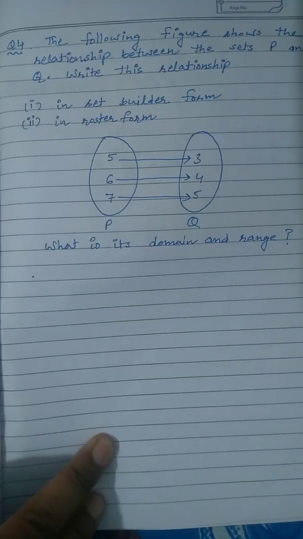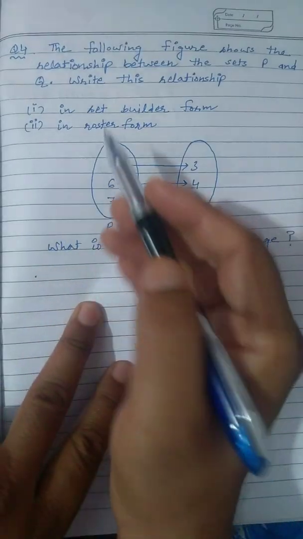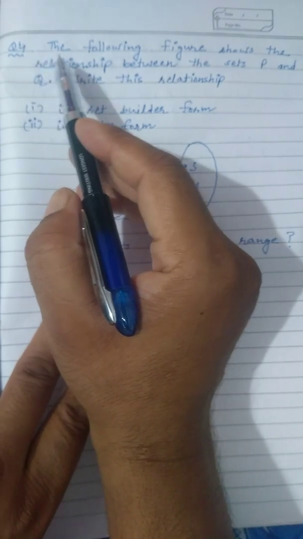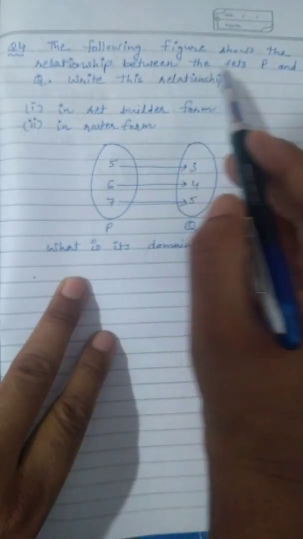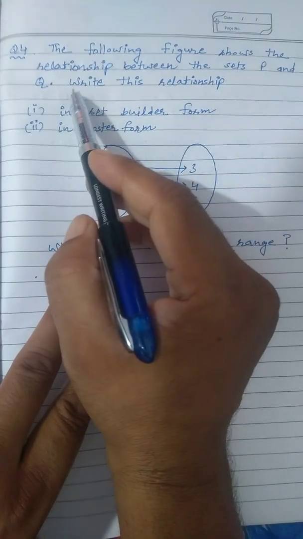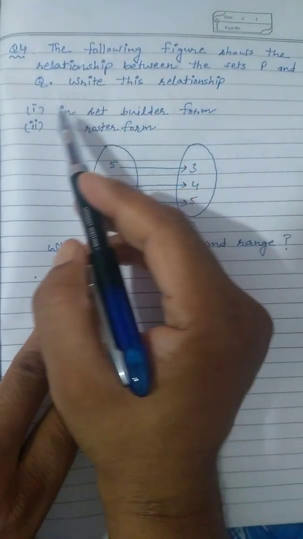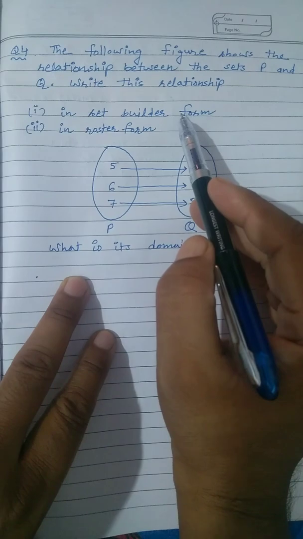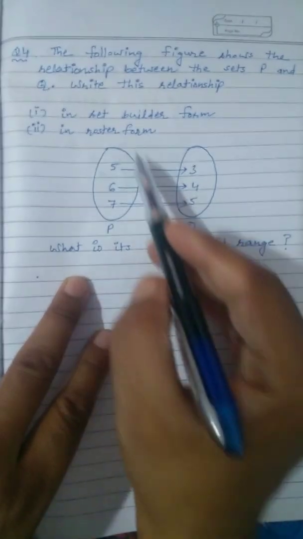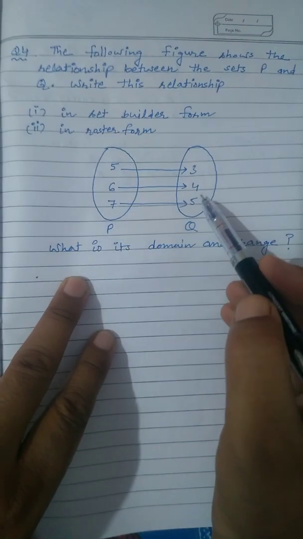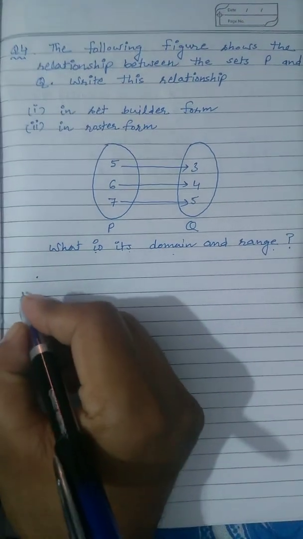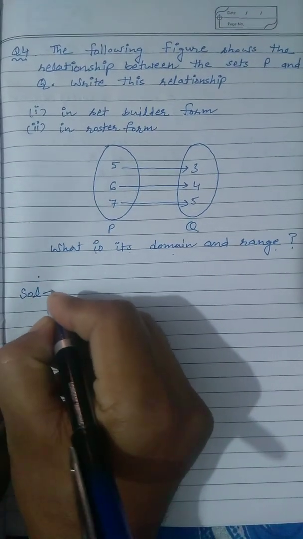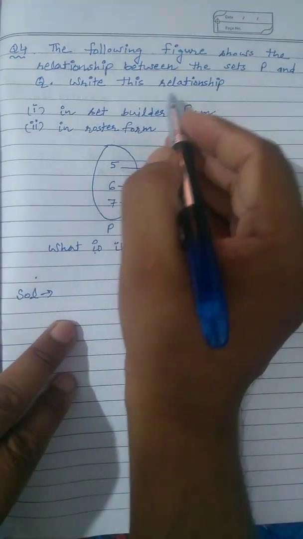Our next question is question number 4. The following figure shows the relationship between the sets P and Q. Write this relationship in set builder form and in roster form. So this is the figure. What is its domain and range? How to solve the question? So first of all,